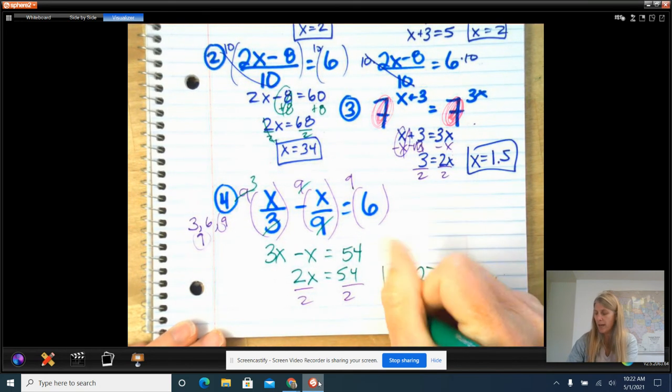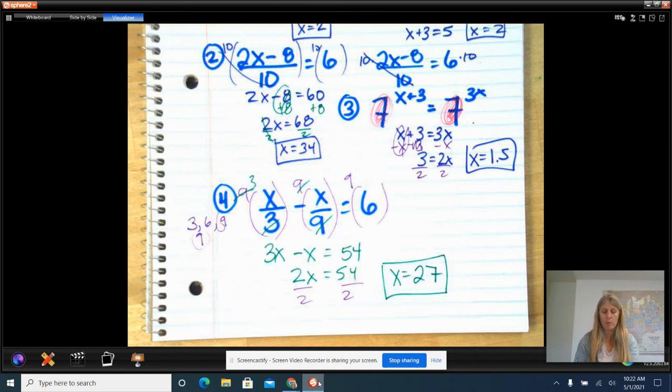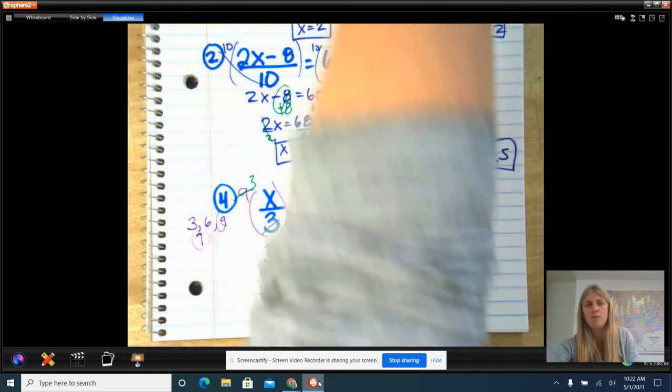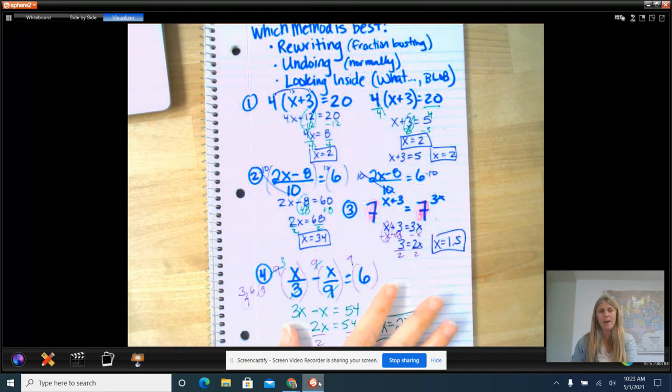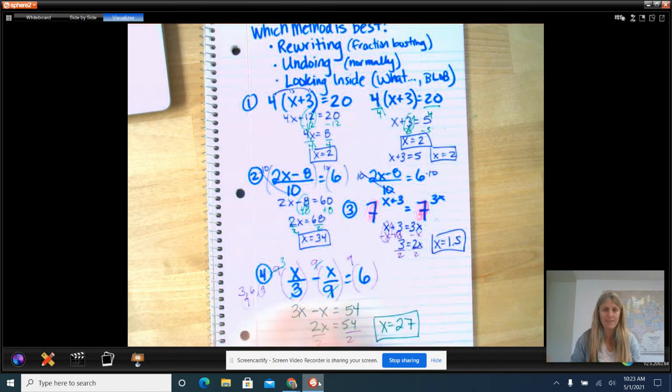So we're going to continue our work practicing solving using these 3 different methods. After you're solving, you're going to tell me which method you specifically used. Once again, there's no wrong answer. It's simply different ways of solving. Let's go ahead and work on our